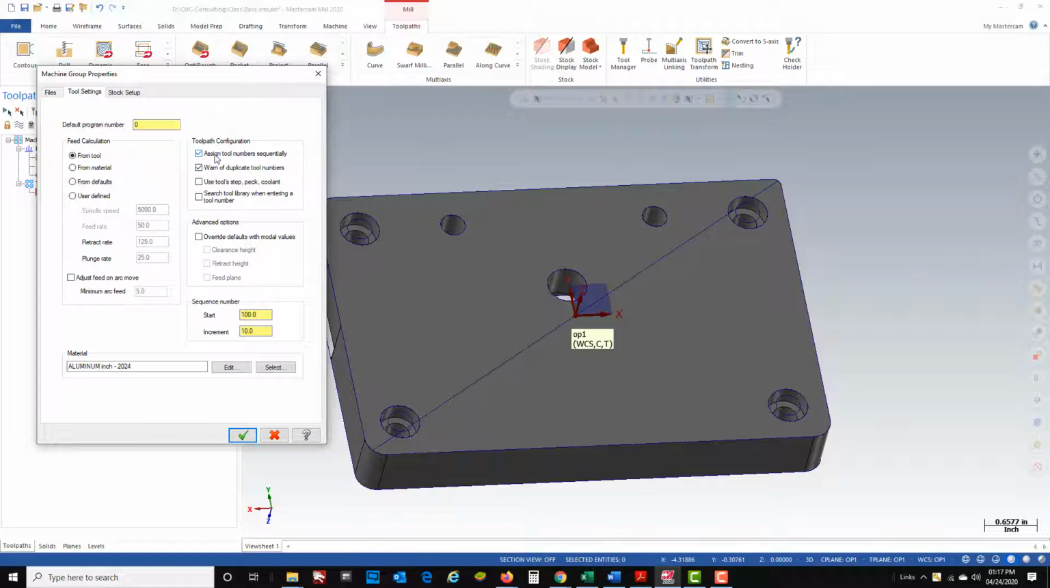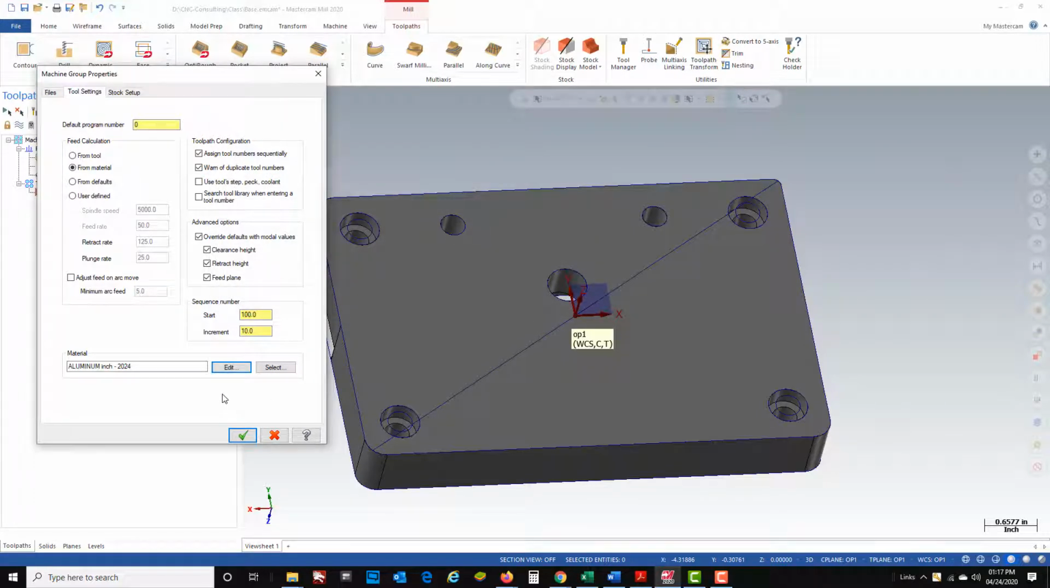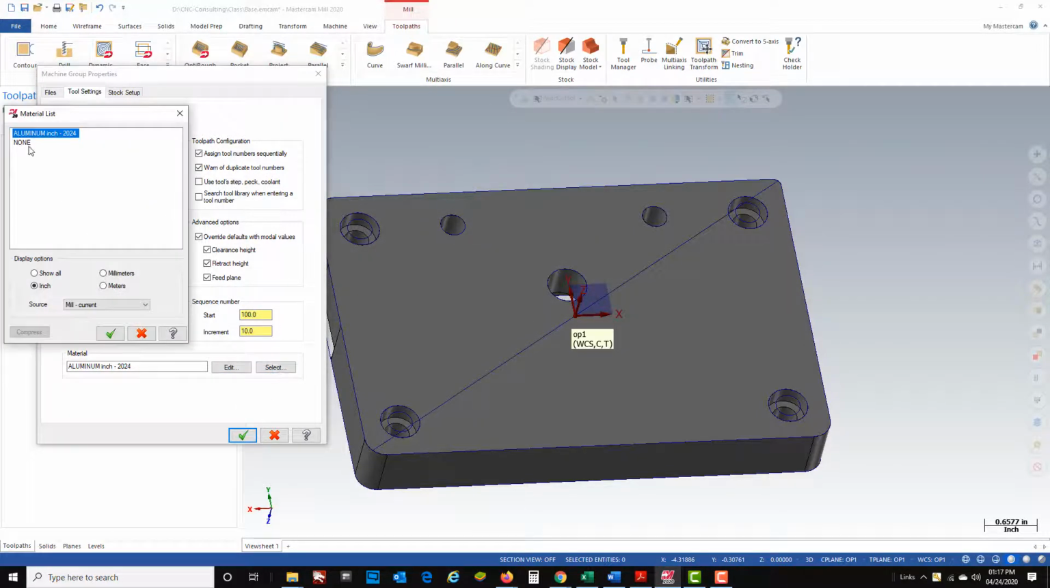Now, I'm going to override defaults with modal values for my clearance height, retract height, and feed plane. This is going to grab information out of the tool library, and for my feeds and speeds, I'm going to go from material, and it's set at aluminum 2024, which is fine. We are going to be machining this part out of aluminum. I could change it to the 6061 if I want to, but 2024 is going to be fine for what we're doing. I'll end up changing most of my feeds and speeds